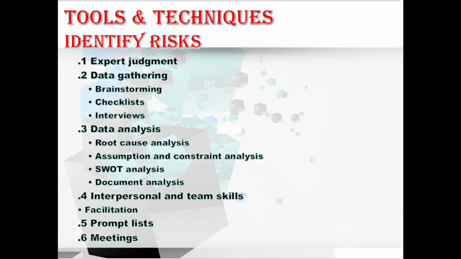Let's move to the next technique, data gathering techniques, which includes the brainstorming, checklist, and the interviews. Let me explain one by one what is brainstorming, checklist, and interviews. First, with brainstorming. In this, the goal of brainstorming is to obtain a comprehensive list of individual project risk and sources of overall project risk. And also, the project team usually performs a brainstorming, often with a multidisciplinary set of experts who are not part of the team. Hope you understood about this brainstorming.